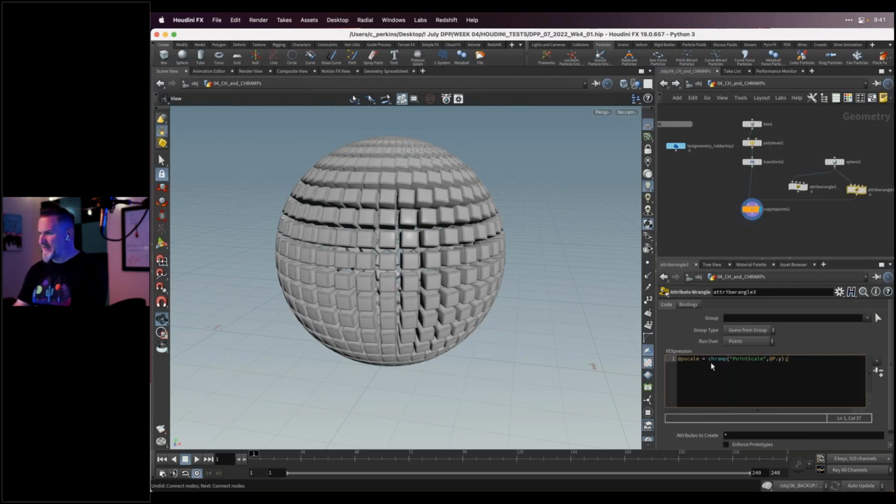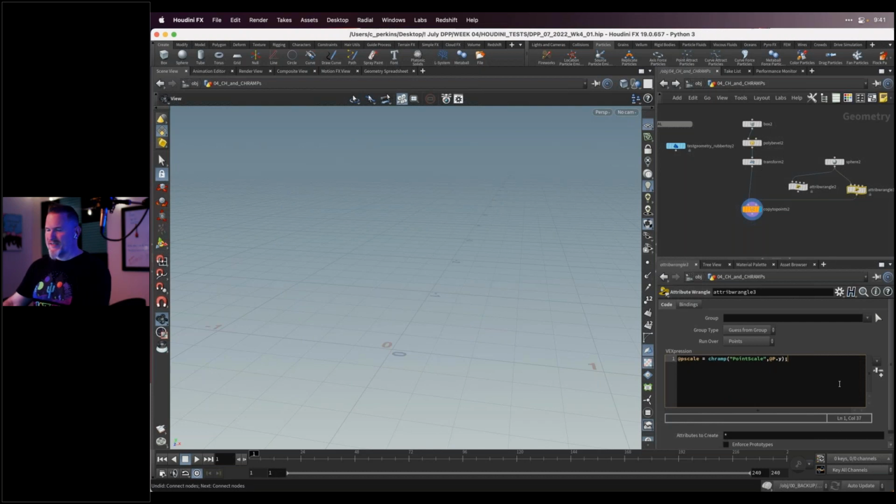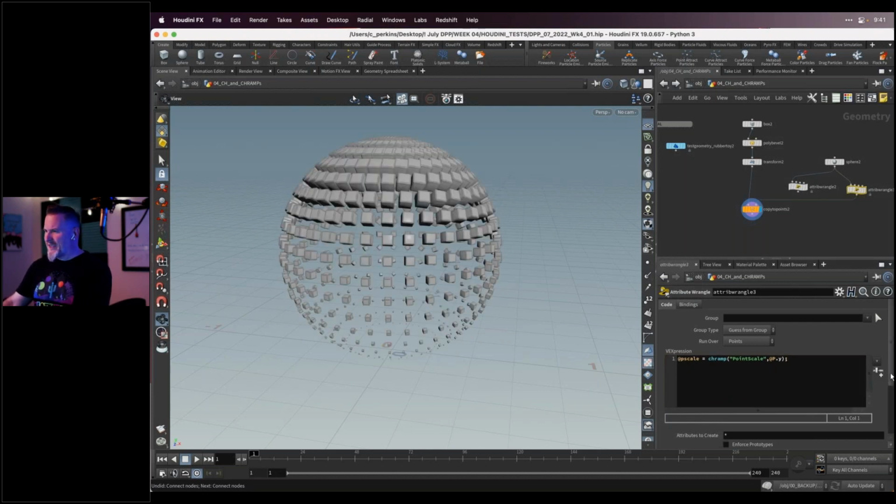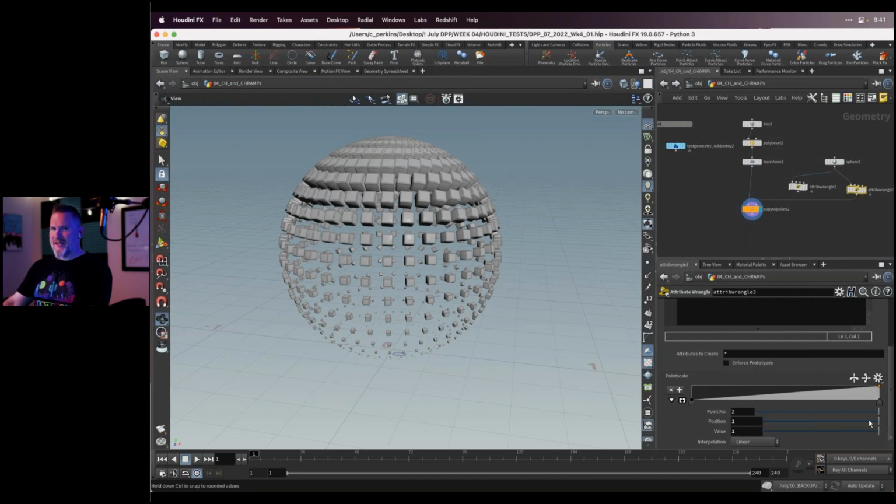So there we have it. I'm creating a channel ramp called pscale that is going over the y-axis to control the pscale. So I can hit Command Enter, and then we know we have to hit this little button for channels and channel ramps. So hit that, and now I have this slider, and this is where the fun comes in, because I have all kinds of control now.